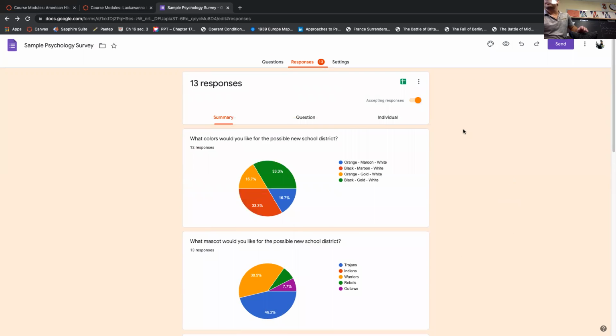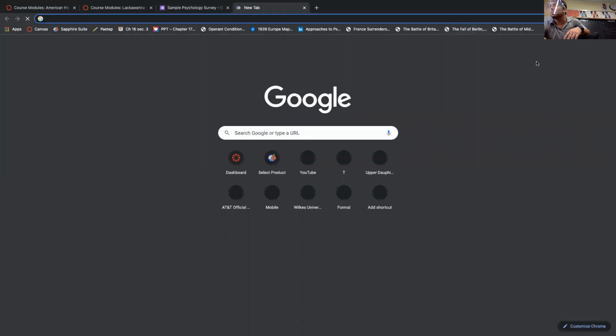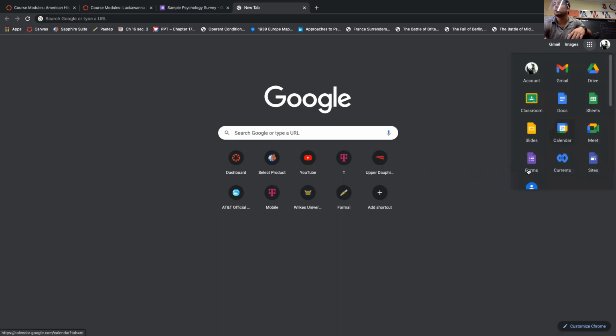All right, so with that being said, you guys can create your own here. You just go to Google Forms. You know how to create a Google form, so I'll bring up Google quick and you can see how I do that. You go to your account, you see the bars up here, and right here it says Google Apps. You have to be signed into your school Gmail. You hit Google Apps, it brings it down, you go to Forms. Okay, you click on Forms